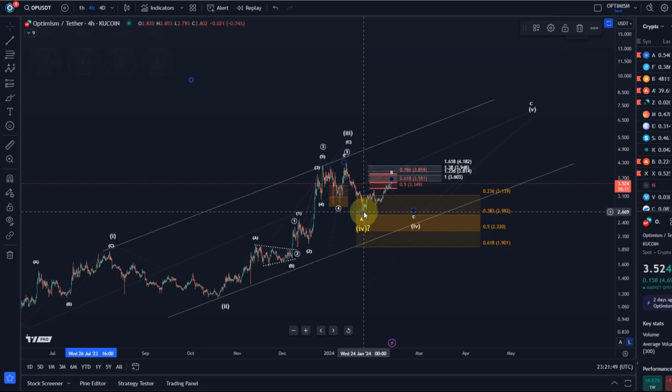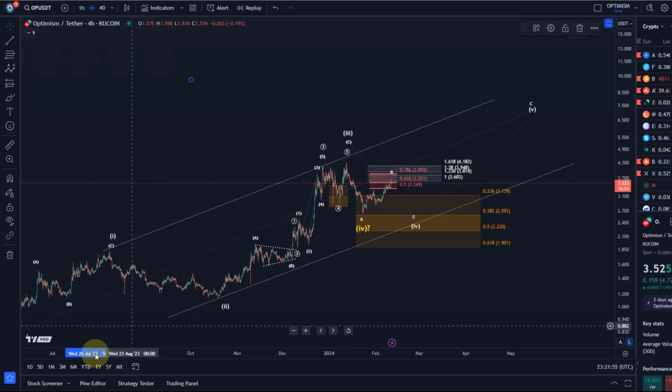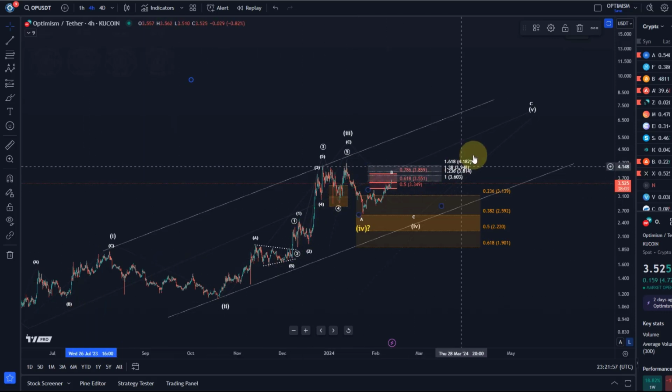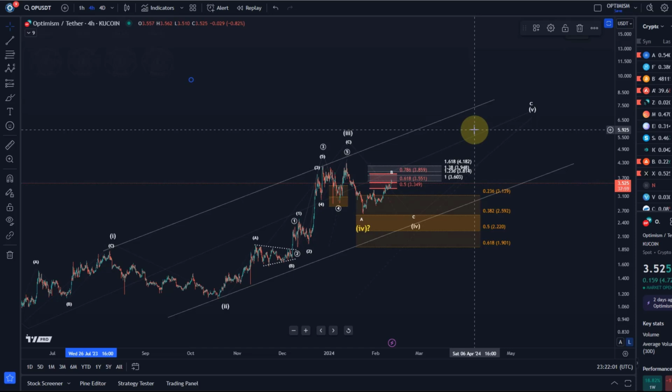So price reacted to an ideal level and is already progressing to the upside, but hasn't made a new high yet, and the overall structure on this chart remains unchanged for now. I'm still of the opinion that the market is moving in a potential diagonal pattern within this ascending price channel, a diagonal channel to the upside.